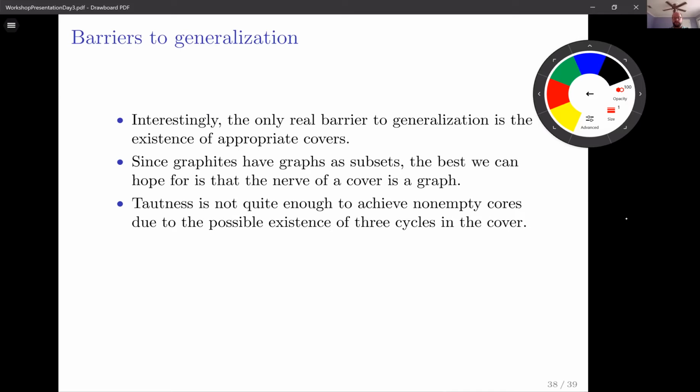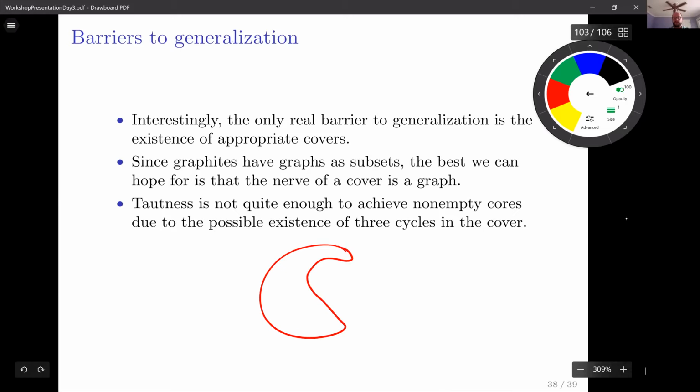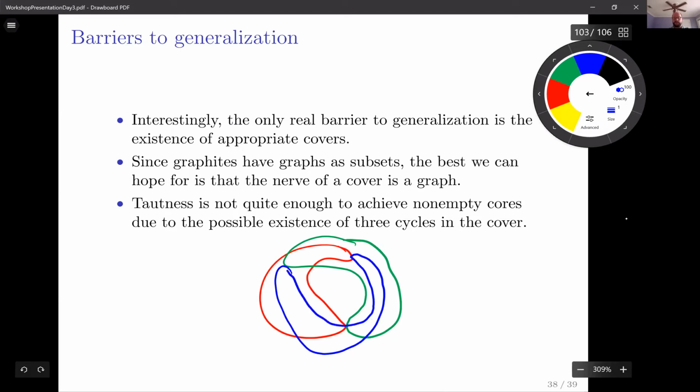We can end up with something kind of goofy where we have an open set that looks like this, an open set that looks like this, and an open set that looks like, let's see if I can draw this right, something like that. All three of these intersect each other. Their closures meet, so it's taut by that definition. But